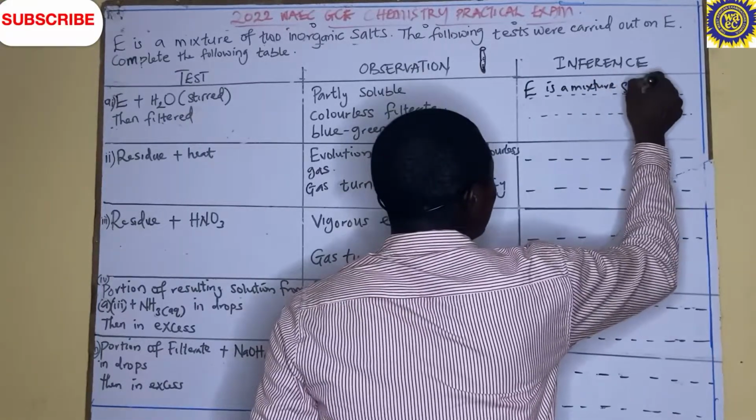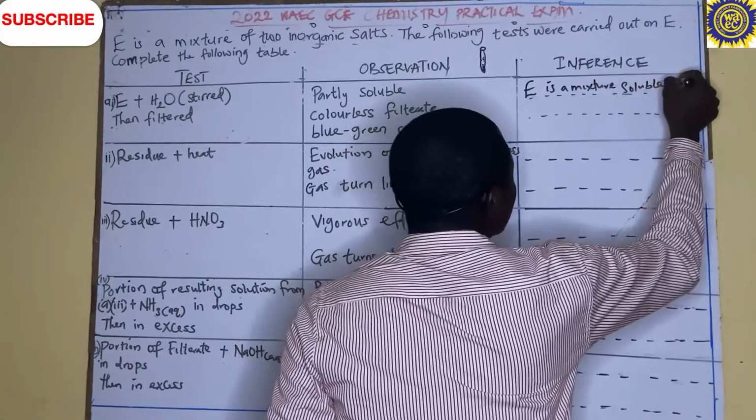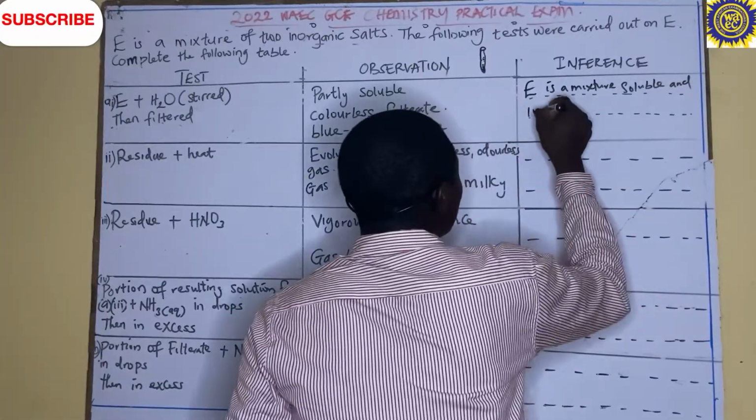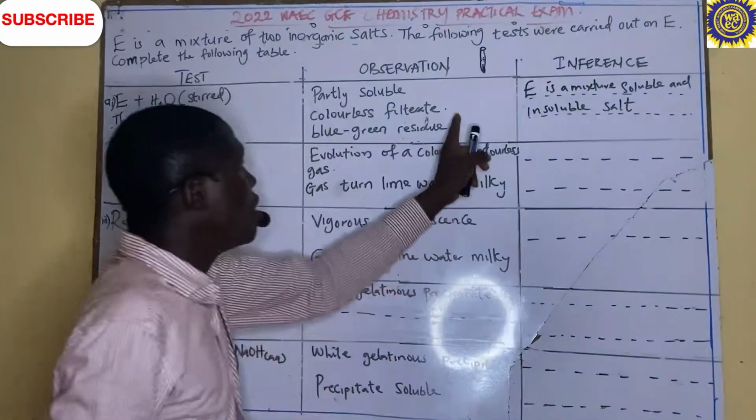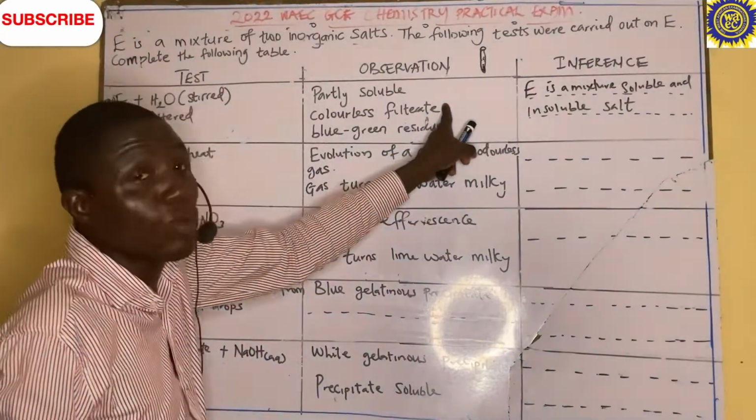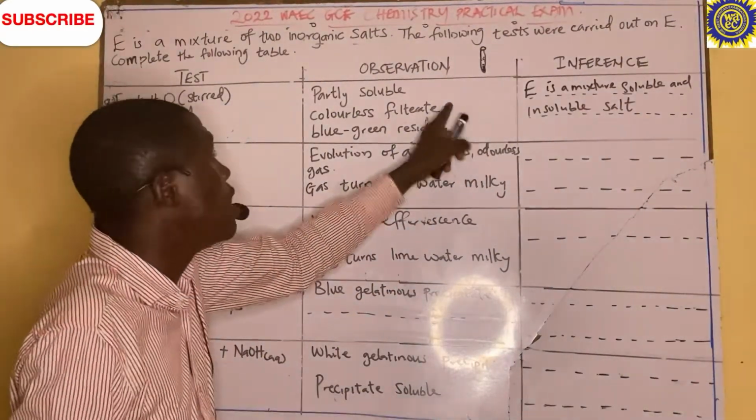The soluble salt will be the one that gives us the colorless filtrate,